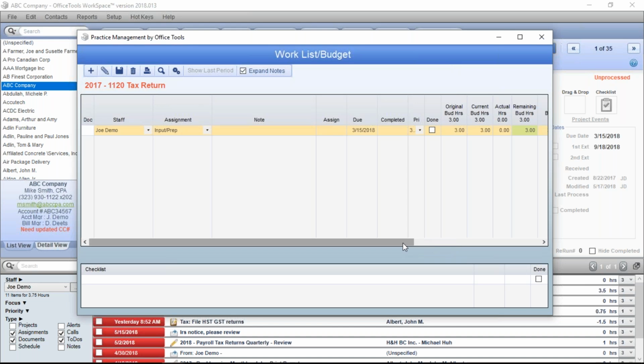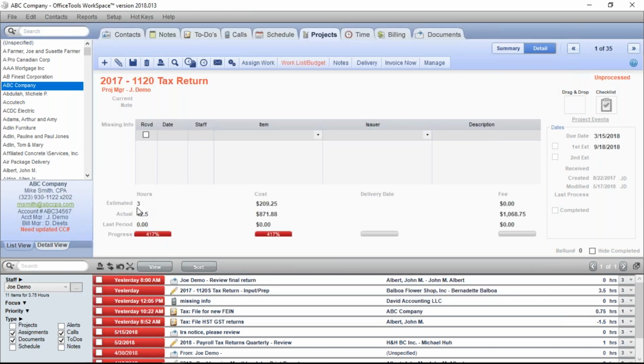But here's the difference between those two scenarios. In the first thing that I showed everybody, we simply said the project as a whole is going to take 15 hours. Then I went into the work list budget and I created a very specific assignment and put a 3-hour budget on that. So what's happened now is I've effectively changed the budget for the project back to that 3 hours for that assignment. The reason being is because you can't really have both.